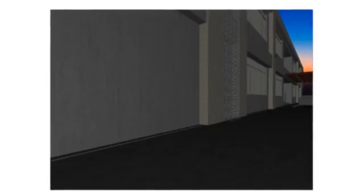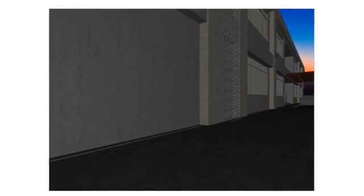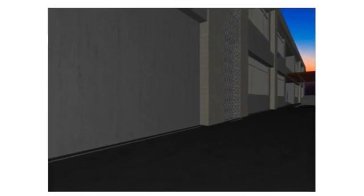Yes, as with all lighting, you have to consider the safety side of things and why it's there, from allowing people to come and go, as well as the decorative element of it. So I think for me, all exterior lighting is just as big a consideration as anything we put on the inside of the building. And it's really fascinating to see how you can build up effects by adding layers of exterior lighting. And I just want to run through this sequence of visualizations done by one of our designers, where